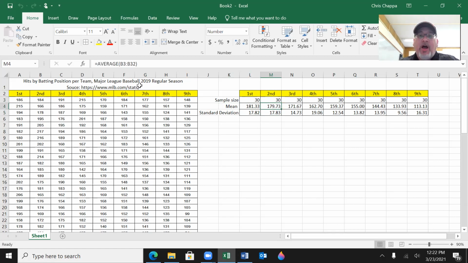In the second batting position, of which there were 30 data points in the sample because there are 30 teams, the mean number of hits was 179.73 per team, with a standard deviation of